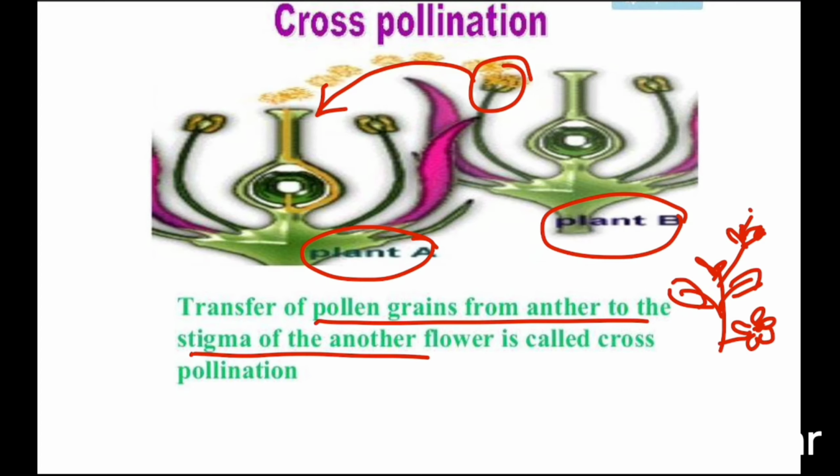And you can see that if it is a self pollination, then both the anther and the stigma, male and female part, must be present, then only self pollination is possible. And here cross pollination is also possible. This is the self pollination, and from here to here, that is the cross pollination. I will mention it here, then you will easily understand. This is cross and this is self, right. So for self, it must be a bisexual flower. If it is unisexual, it has only a male part or a female part, so there is no chance of self pollination, right. Only cross pollination is possible. I hope it is clear.